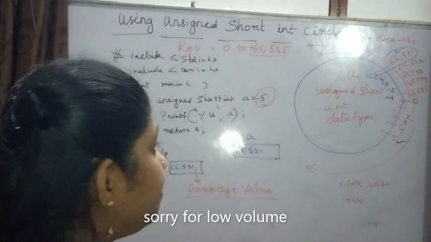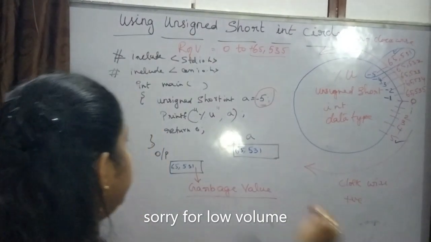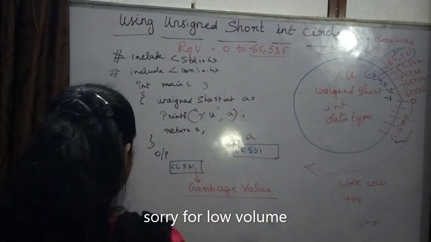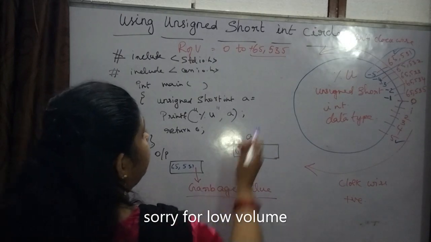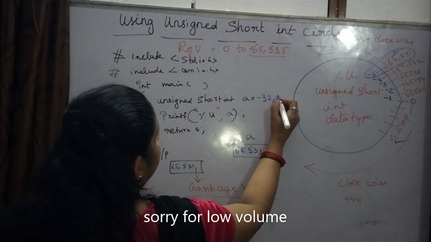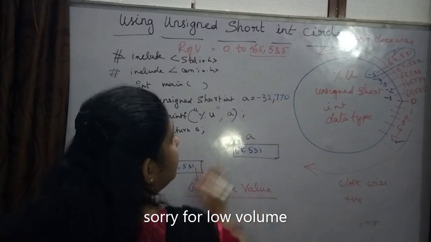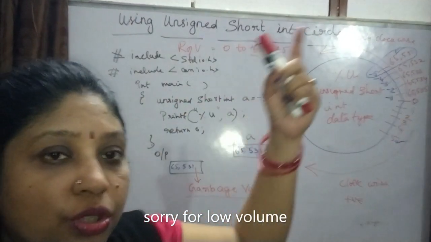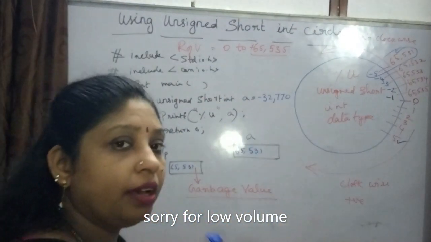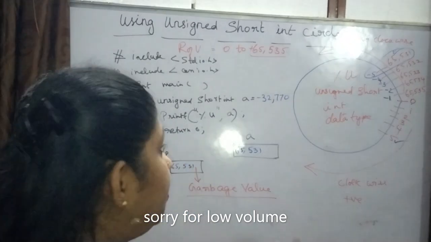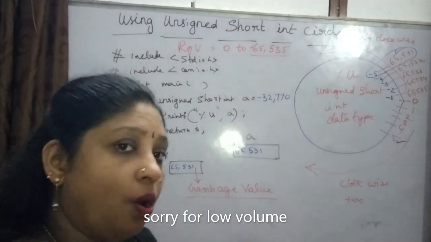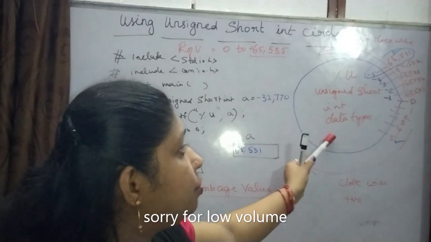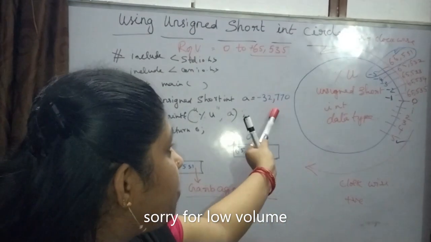Okay. Now, for example, I will tell you one more thing. Now here, I hope you understood this. Now, instead of this -5, suppose I give -32,777. The moment you see this, your mind goes to signed short int circle, because we have learnt that the 32,770 minus or plus values are present in signed short int circle. But here you don't have this value. Do you think this value is there here?